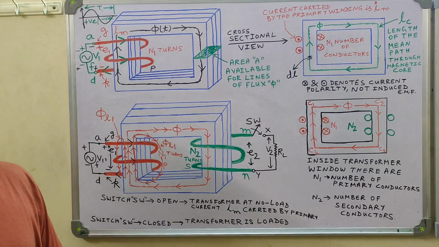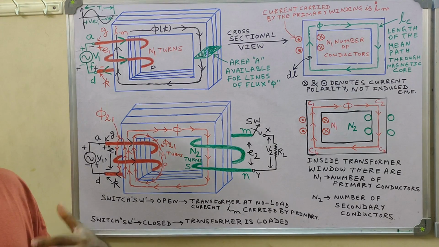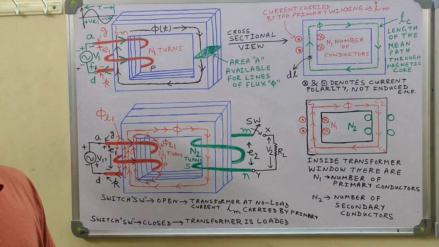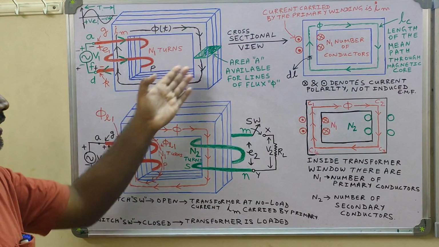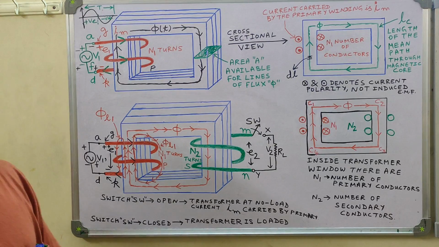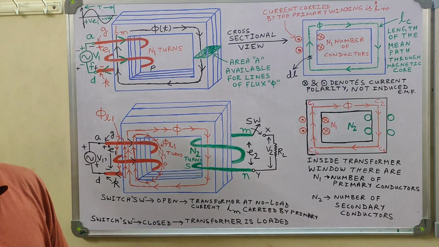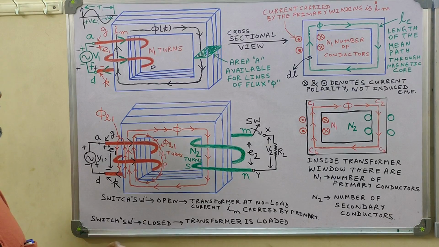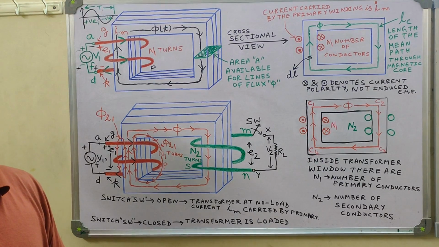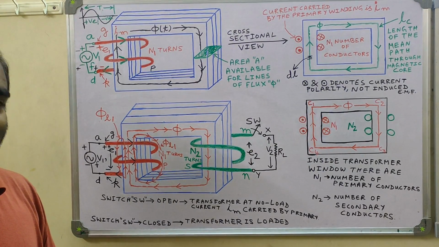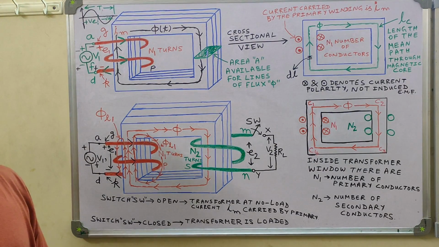That primary winding, being connected to the sinusoidal voltage source, will receive electrical energy from the sinusoidal voltage source, and with the help of this magnetic core of the transformer, what will happen? The energy which was given as input to the primary winding will be transferred to another winding which is termed as secondary winding. Secondary winding is something which will be connected to a load. By load here we mean electrical load. So secondary winding will be connected to a load.